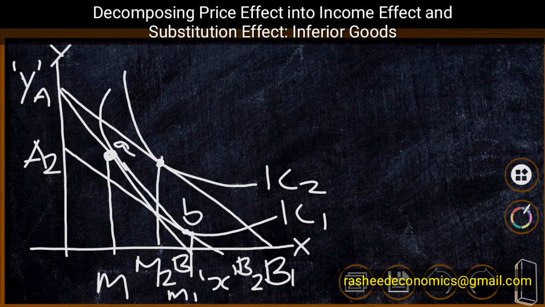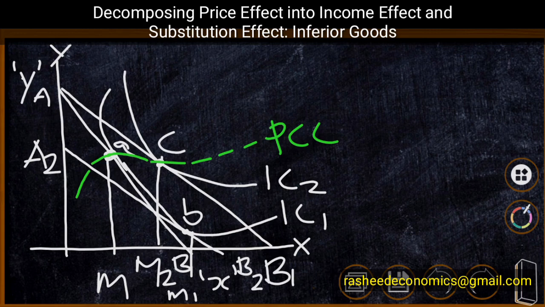Therefore, increase in consumption from M to M2 is the price effect. We can identify point C there, and by joining the points A and C, we can derive the price consumption curve. Therefore, as a result of decrease in price of the product, the consumer has moved from point A to point B, and the demand for the commodity has increased from OM to OM2.